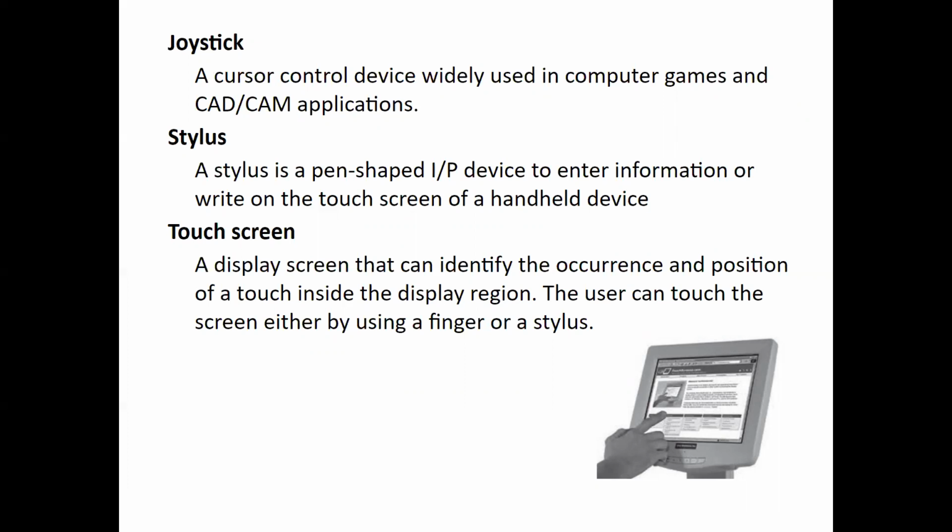And many digital signature pads used for credit card purchases also use a plastic stylus. Simply, the pressure of the plastic tip is used to draw a digital image on the screen, right? So basically it is a pen shaped device, which is used to enter information or draw or write something on the touch screen